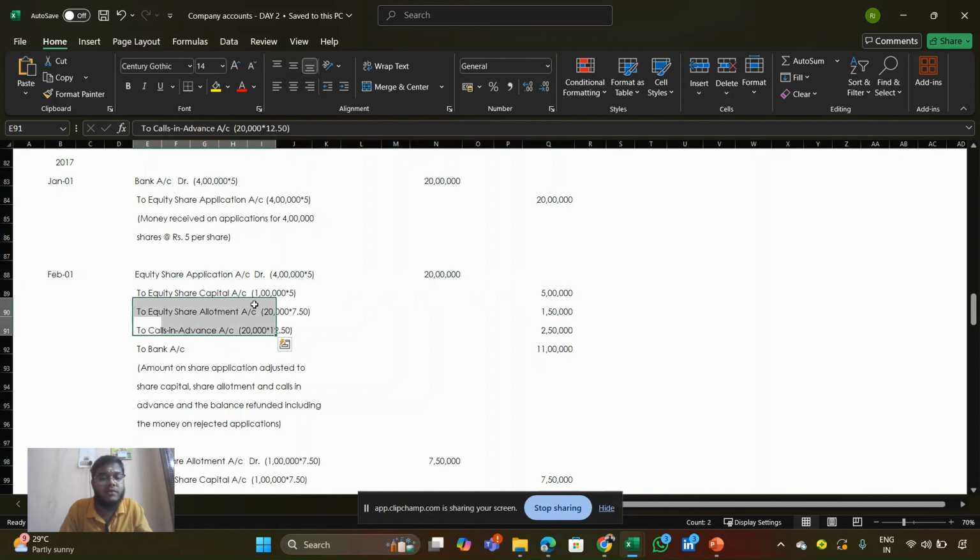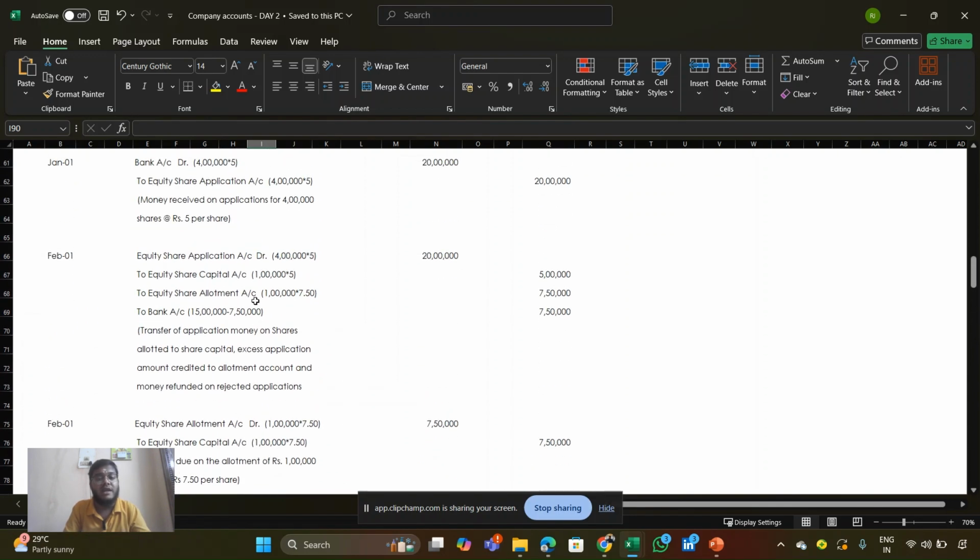And the allotment: in the question they have said 20,000 is to be allotted on a pro rata basis. So we can allot the excess application in full, 20,000 shares. 20,000 shares into allotment call amount 7.5, so 20,000 into 7.5 is 1 lakh 50. 1 lakh 50 we have adjusted in the allotment amount. Last sum, what they said in the second alternative, whatever the excess application is, fully we have to